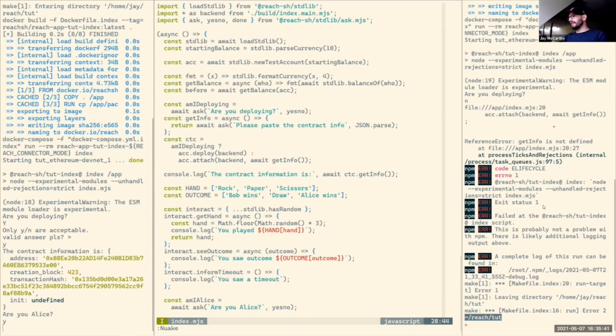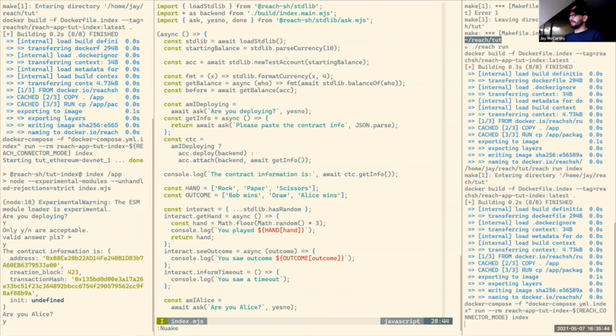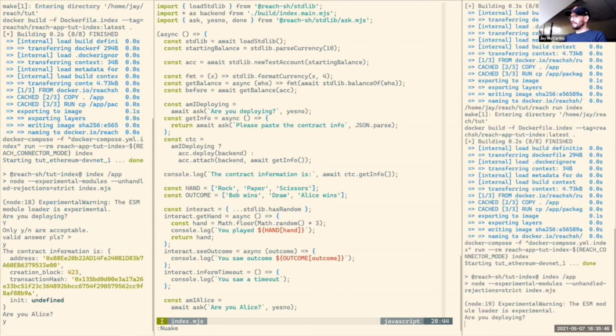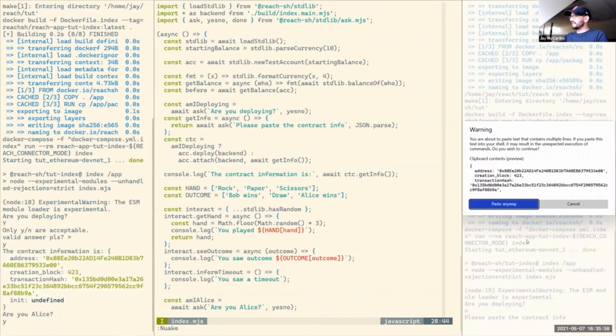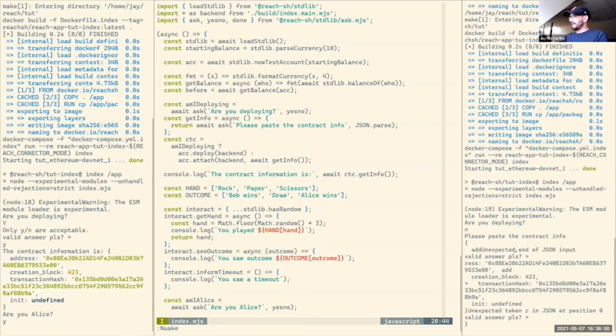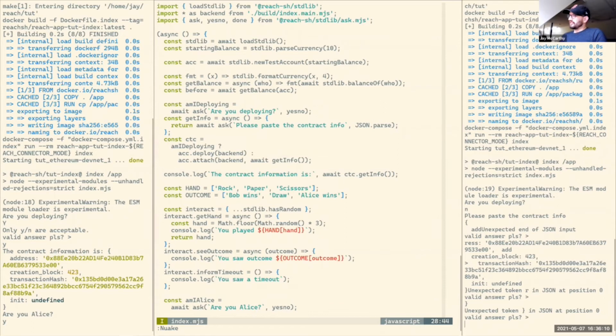So now we'll go over here and we'll say something. We'll say, am I deploying? No, I am not deploying. Now I've got to paste the contract information. So I come over here and grab this, copy it, paste it, and it says unexpected token. This is kind of a frustrating thing. It didn't get put on one line. And because it didn't get put on one line,